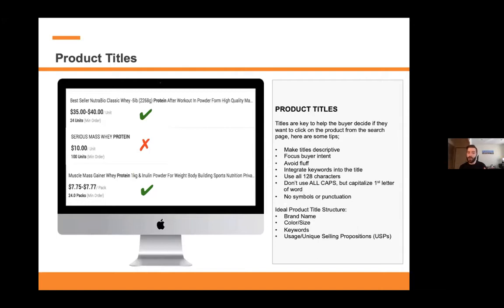So some good examples when we're talking about whey protein might be muscle mass gainer, whey protein, 1 kilogram insulin powder for body weight and sports training, right? That really tells the story of what the product is, who's selling the product, and then what are some benefits that this product has. Of the options in the window, two of those are a lot more compelling to click on compared to just serious mass